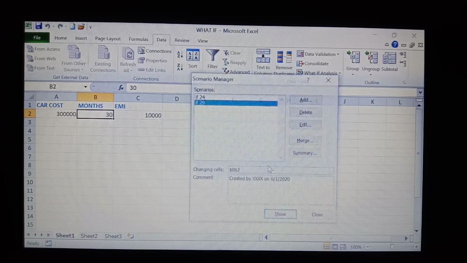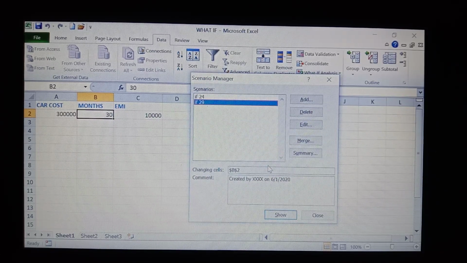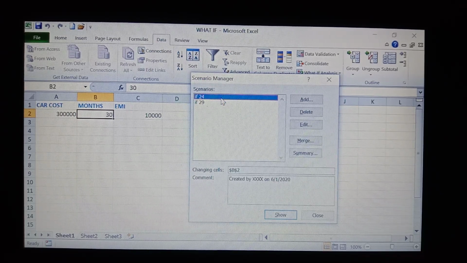Click on OK. So now you observe here, if 24, this is the first scenario. If you click on show, it will show for 24 months how much EMI, that means per month how much amount we have to pay. See here, click on show. For 24 months we have to pay 12,500 per month.